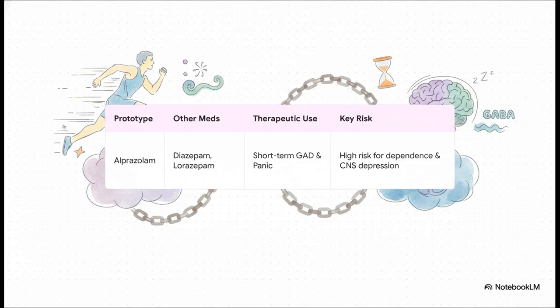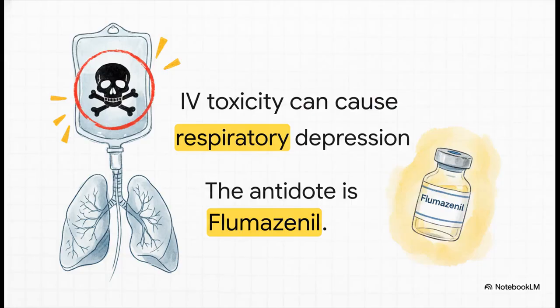But that speed comes at a price. They have a high potential for dependence and can dangerously suppress the central nervous system. That's why they are really only for short-term rescue situations. Okay, everyone, listen up, because this is a massive must-know safety point. A benzodiazepine overdose is a medical emergency. If you're giving a benzo IV, you are on high alert for respiratory depression. And you absolutely positively have to know the antidote, flumazenil. You better know where it is, and you better have resuscitation equipment ready to go. This is a huge deal.